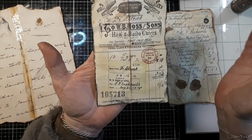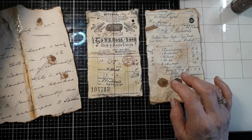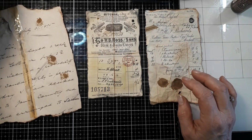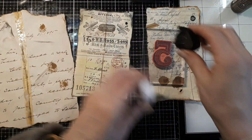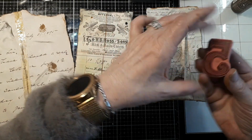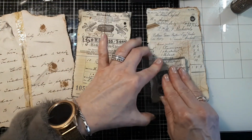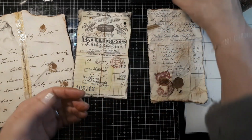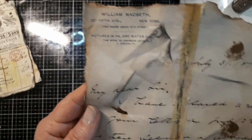And I added a few stamps on these. I could add a few stamps on this one also. I don't know why I didn't do that, but I could have, because it makes it a little bit more fun. So let's do that. Yeah, I like it. And this is a letter, William Macbeth, and it's from